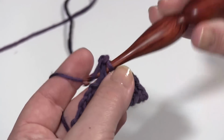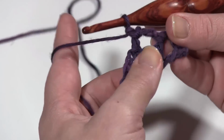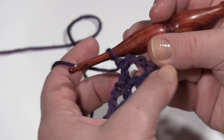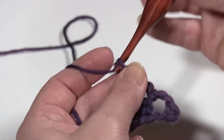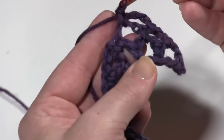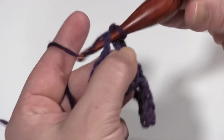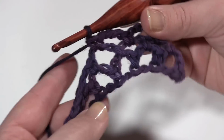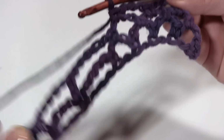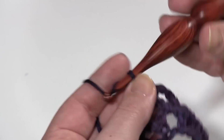Chain 1, work a single crochet right into that chain 1 and double crochet as if it were a chain 3. You can see it kind of blends in that way and looks like the rest. Chain 3, finish that first chain 3 loop, chain 3, single crochet in the next one, and that's it for that one. We're going 4, 3, 2. It's time for the chain 5s again. This one it's going to be a little bit different. We're going to chain 5 just as before,